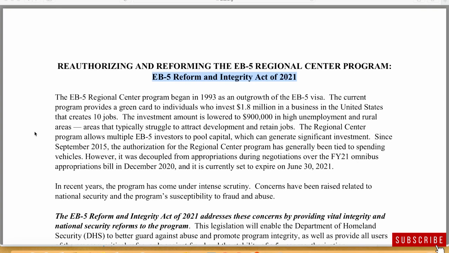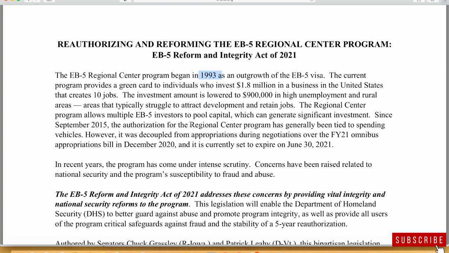Alright, so welcome to my computer. Let's talk about the reform, the EB-5 Reform and Integrity Act of 2021. As I already mentioned, the EB-5 program began in 1993, and you already know this. The main requirements are already discussed, so we are going to focus on the regional center program. If you want to invest 900,000 into regional center programs, usually a $900,000 investment is required, and this is indirect investment. Now, this program is currently set to expire on June 30th,